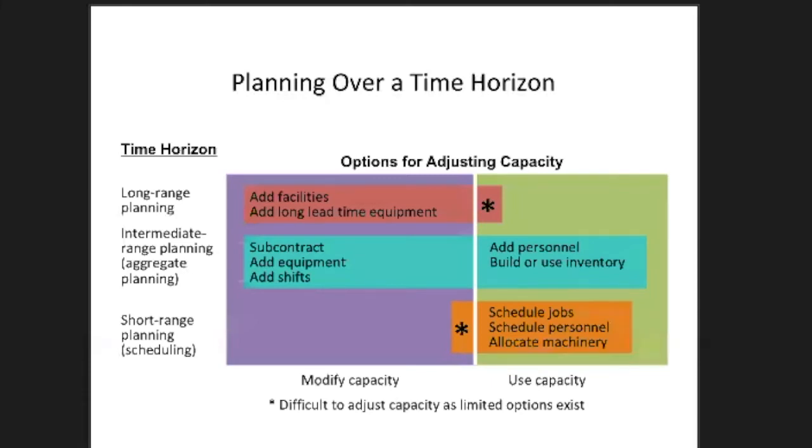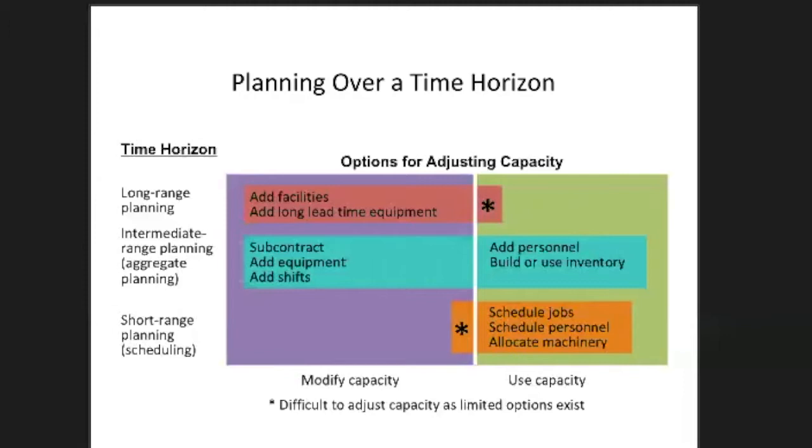There's a long-term planning horizon where the options could be more in the area of modifying capacity. We can add facilities. We can add long lead time equipment. For example, X-ray equipment, if that is something which is in short supply within the set of resources that a healthcare system might have. So we see this adding facilities has been one thing which has been going on in, at least in the US health system. Most of the health system has been growing in terms of adding capacity, critical care units, for example. And many times people question whether that level of capacity is even needed, or are we really utilizing this